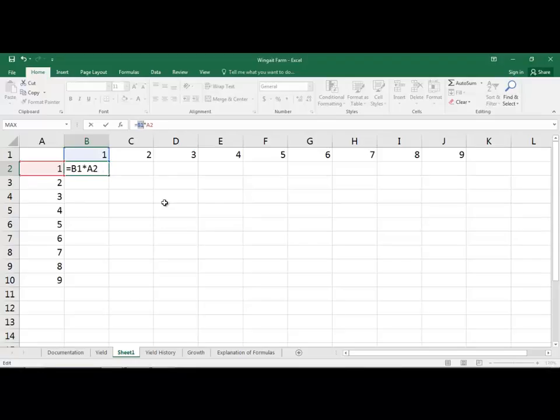So I'm going to remove the dollar signs here. And I go, I need to make some changes here. And I've got my B1 times A1. But the B, when it goes down, we found that when it was going down, it was changing from 1 to 2 to 3. So basically the 1 part I don't want to change. So if I put a dollar sign in front of the 1 part, and we'll try this, and I just copy it down,